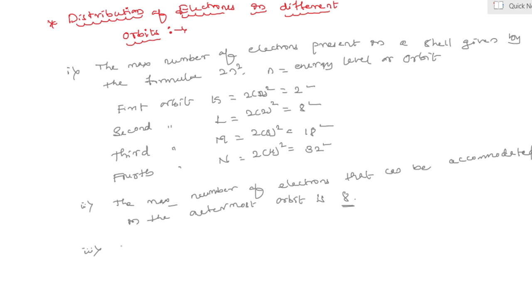Okay. The third rule is: electrons are not accommodated in a given cell unless the inner cells are filled. Yes, my dear students. For best examples,